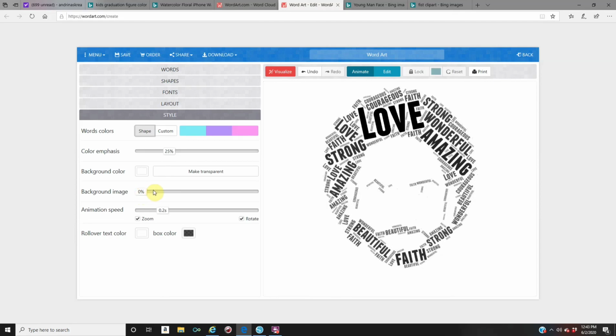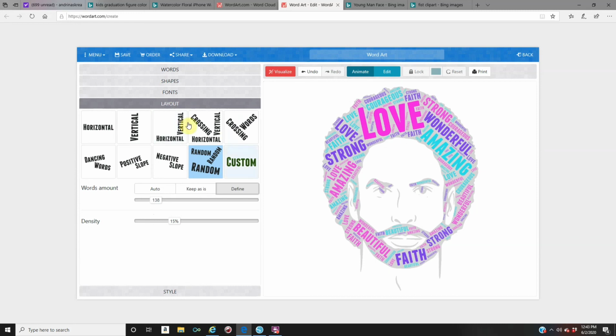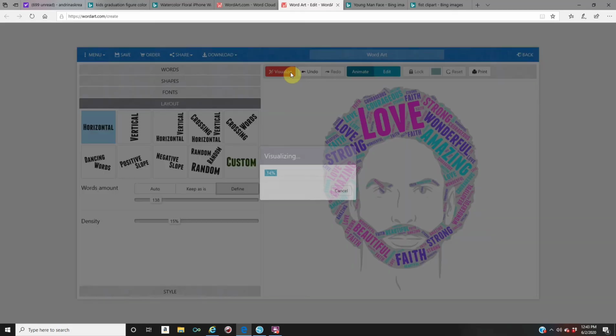But if you want more of your background image to show, make sure you're in the style option in the background image. You're going to bring it up a little bit more so you can actually see your background image. You can again customize the colors that you would like. It's very easy to do. Also on your layout, don't forget you could change the horizontal. If you want your words to be horizontal, you could click on it, click on visualize. If you want the words to be all horizontal,